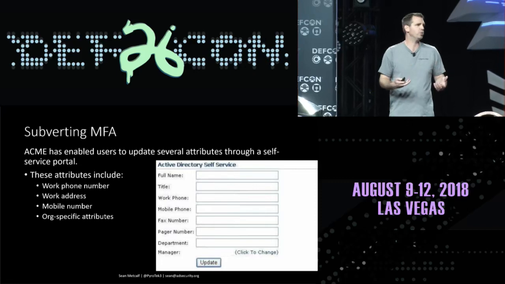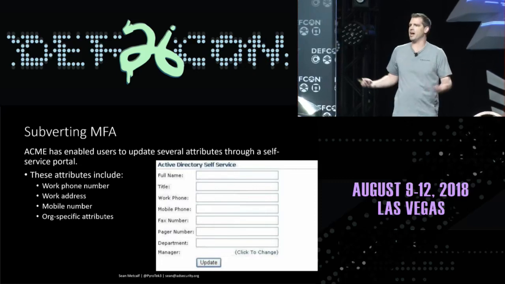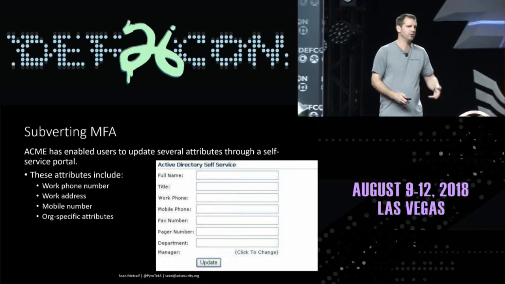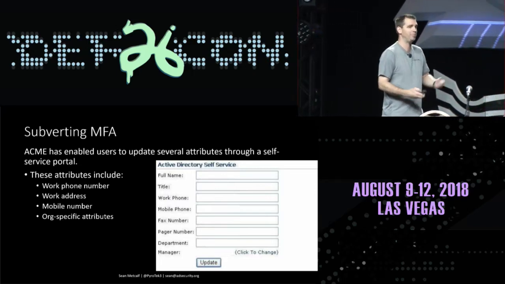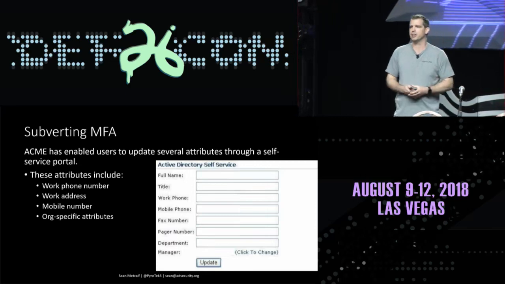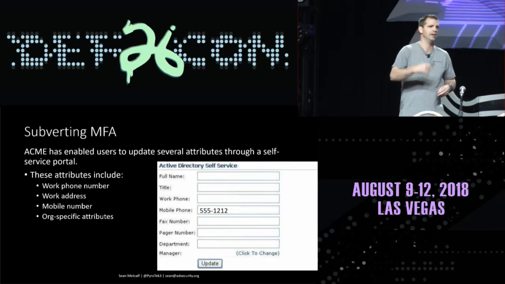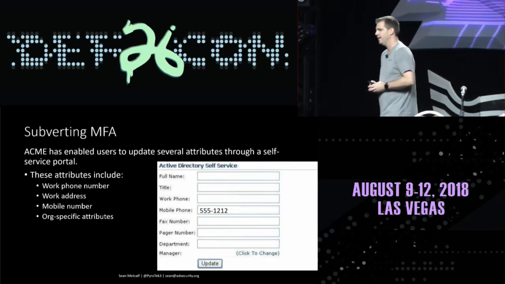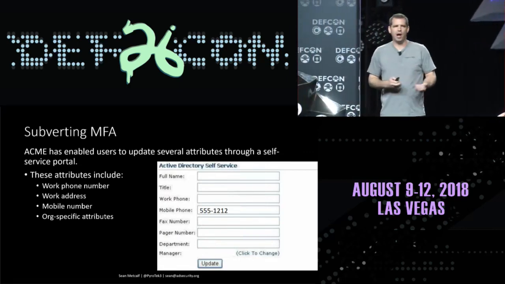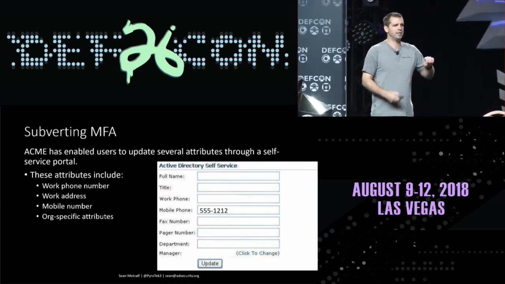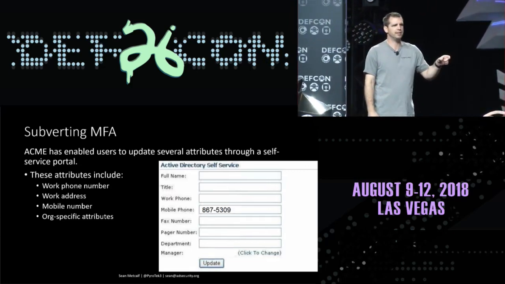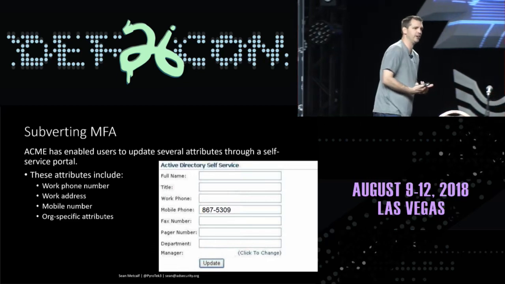This is the self-service portal. This is the configuration where users are able to update their own attributes. And there are very benign attributes like their work phone number, their mobile number, their org-specific attributes, maybe sometimes the title, department, whatever. It looks like this. So we have a user who has their mobile number set, that way their boss can call them or they can be called when they're on call. But the problem is that if the attacker knows that they can change this, and then they do, to their number, 867-530-99, that works well. So they change it to theirs.